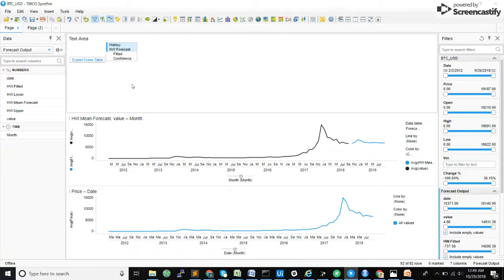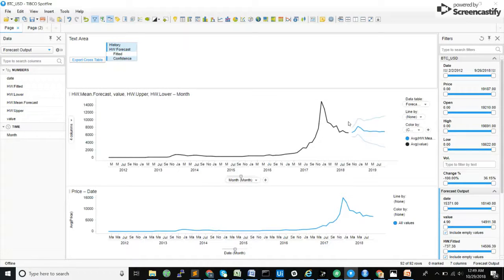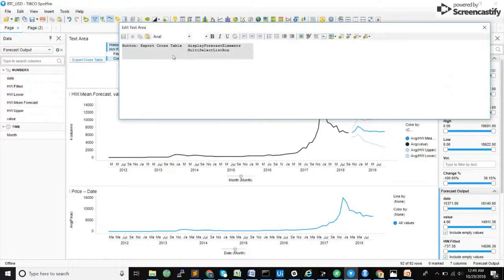So lastly, most importantly now, we actually need to let the user be able to change what these confidence intervals are with regards to a percent. Right now it's stuck at 75% because that's how we have it hard coded. Also, we hard-coded the number of days to predict into the future, which is just 12, or months, sorry. So we are going to have to solve this problem using, drum roll please,